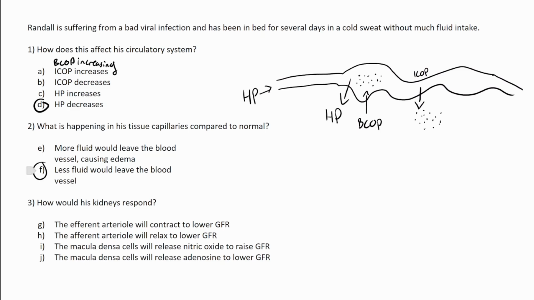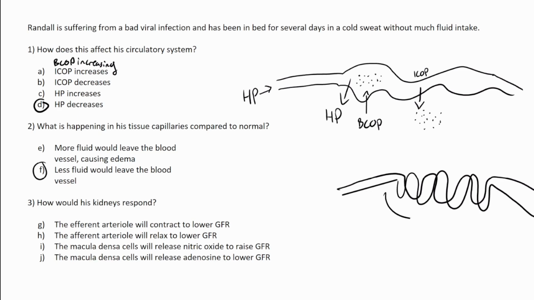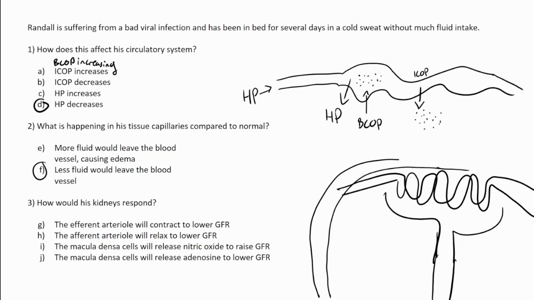Looking at the kidneys is a little bit of a different setup because we have our glomerular capillary inside of Bowman's capsule, and then this goes all the way down and all the way back up, and then we've got some macula densa cells. As less fluid leaves, less sodium